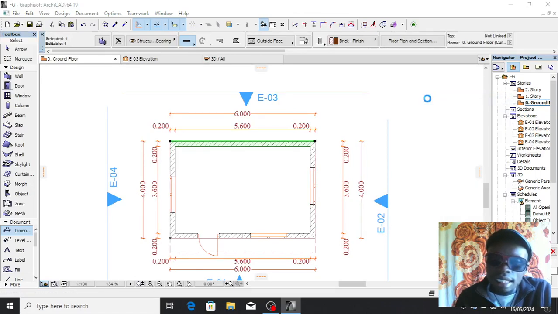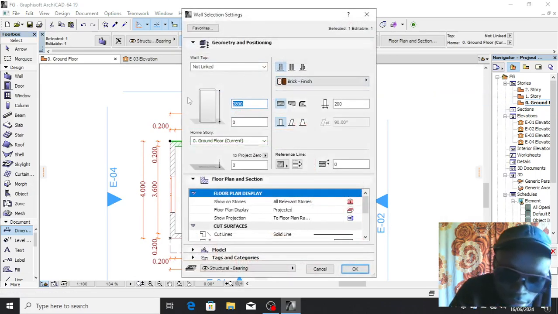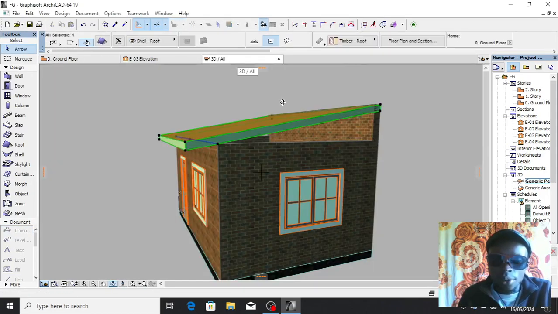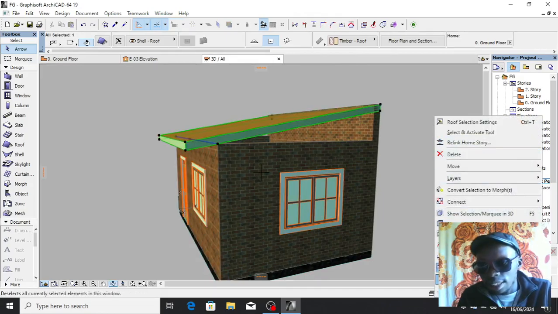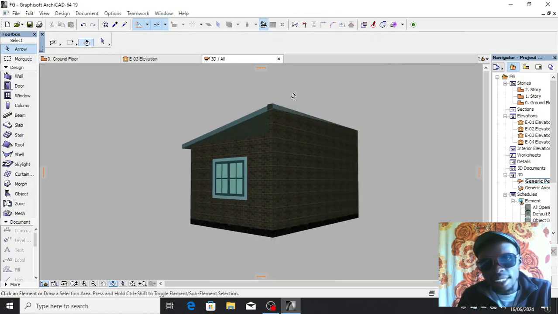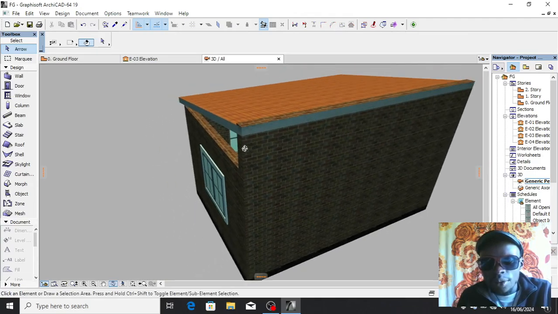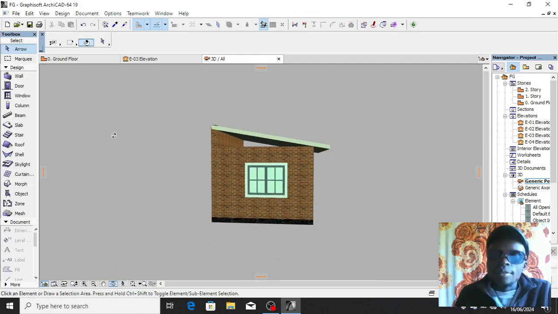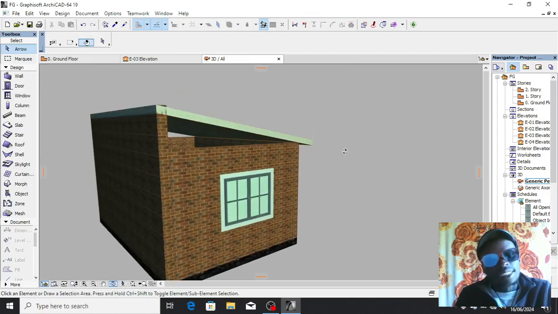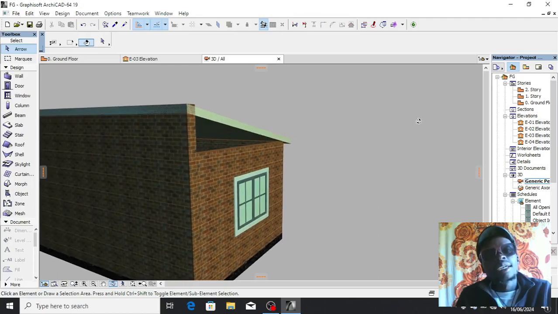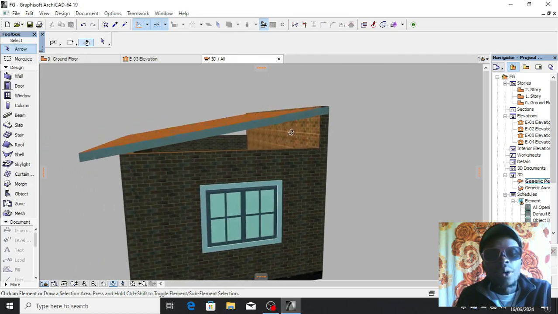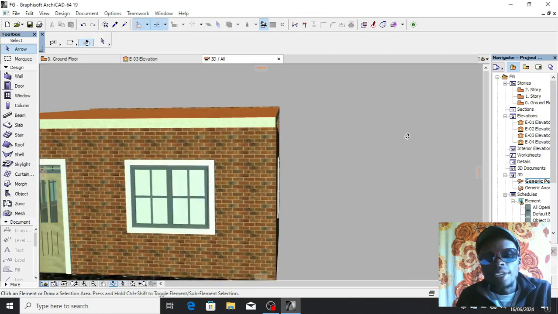I select, then I edit to 3.658, then enter. When you go back to 3D view, you will see my wall being adjusted to the roof level. You see, now that's for the back side, because it has no end sloping, and you can see the level of the roof is just the same along the wall. But for example, on these ends elevation,